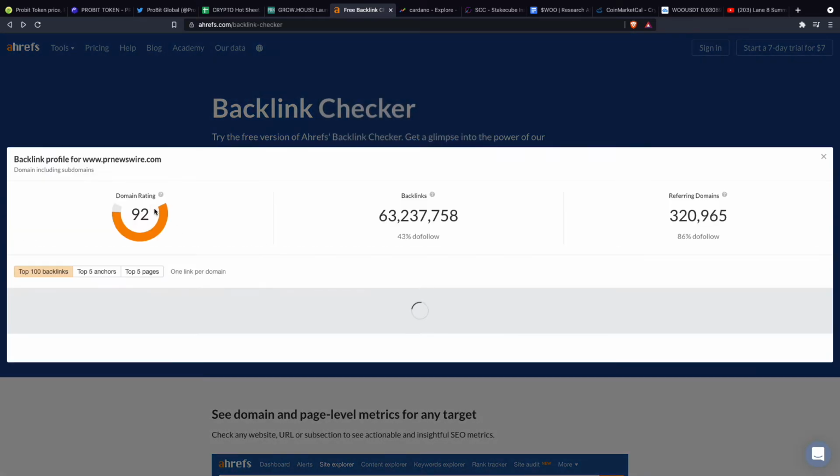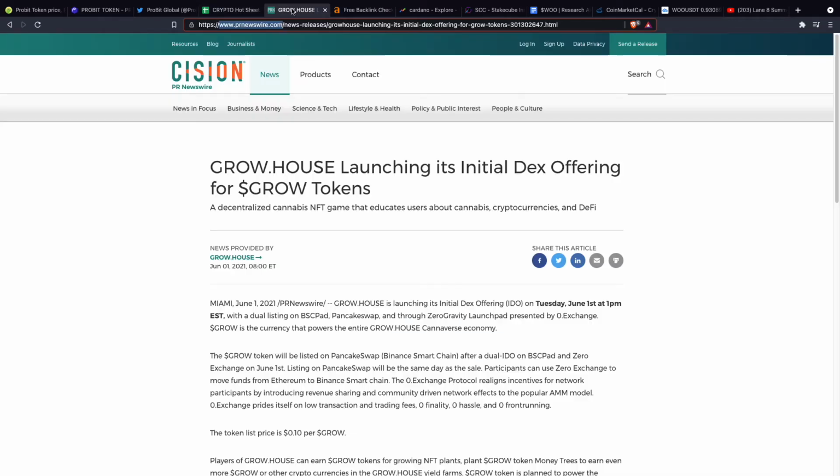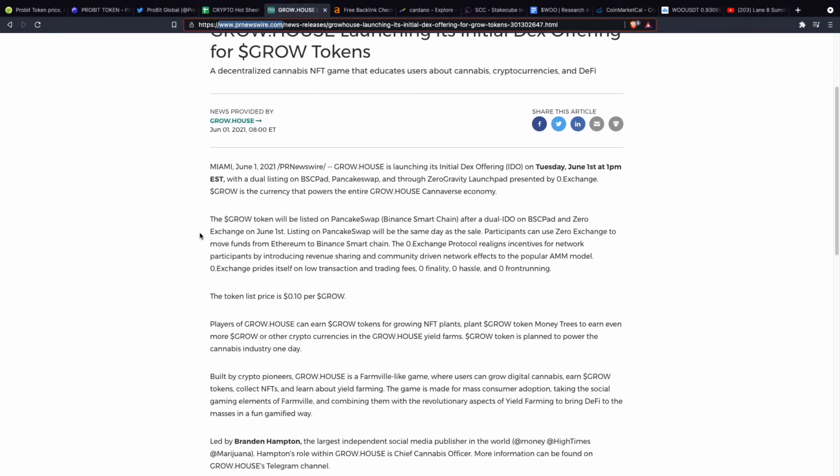Alright, so if you see a 92 domain rating, this is obviously right at the top. So 100 is the max, and every niche will have a different maximum domain rating. So this is right at the top. That tells me that this piece of PR is worth a lot of money, but also it's a very strong